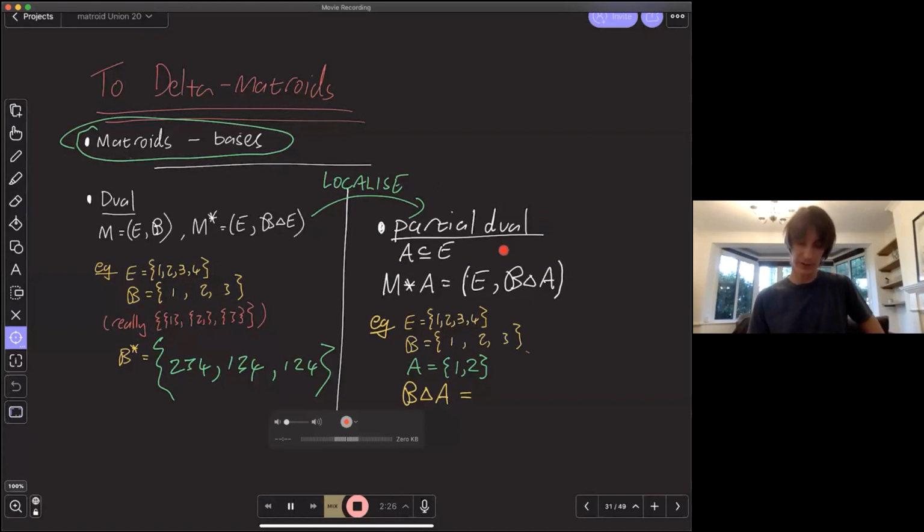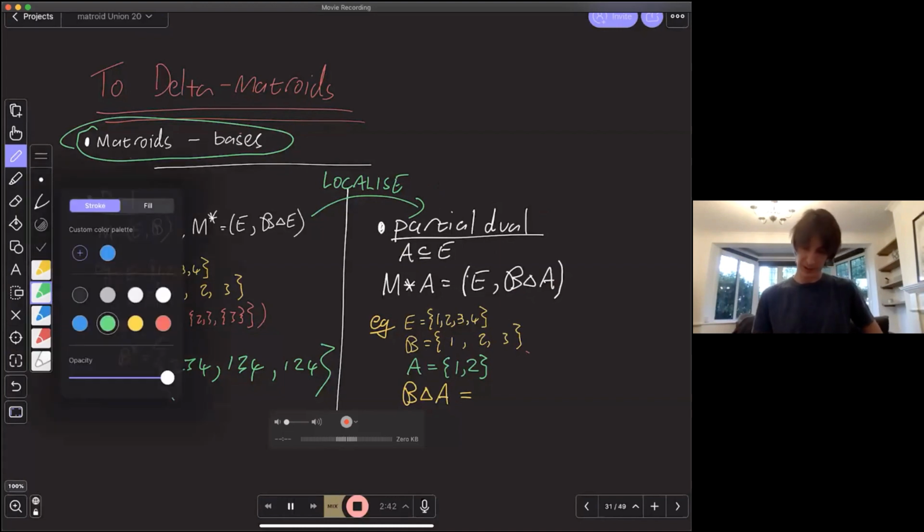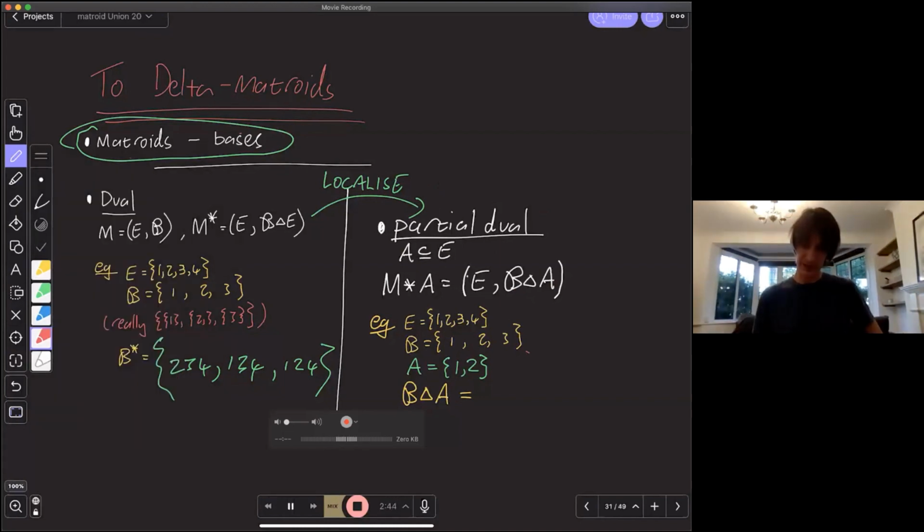And what I do here is I've got some subset A of the ground set, and I'm going to take my set of bases and just toggle the elements that are in A, rather than the whole ground set. So what's going to happen down here? Again, I've got my B, the set containing 1, the set containing 2, the set containing 3, and I'm going to take A to be 1, 2.